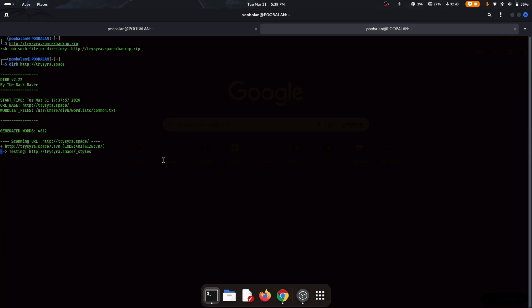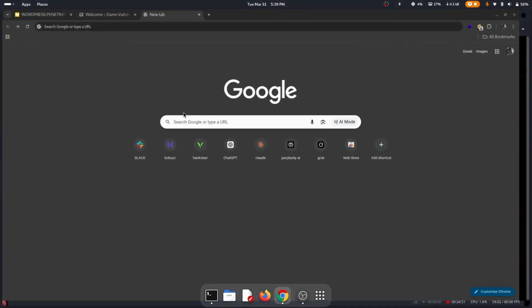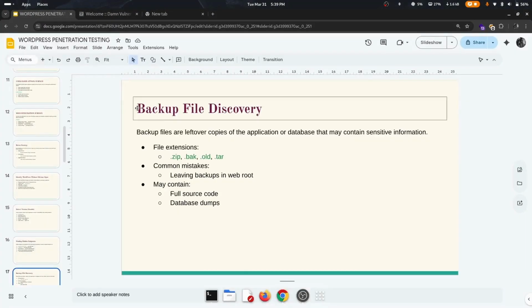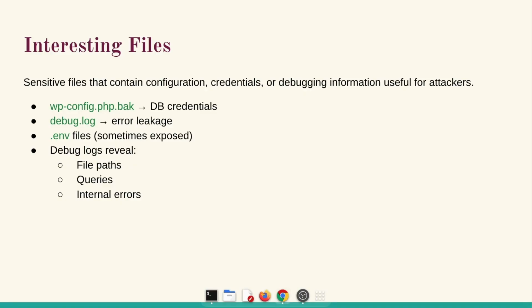Okay. So we don't have time, so that's why I stopped here itself, because it takes too long. Like that only we are testing directories or testing like that. Interesting files means